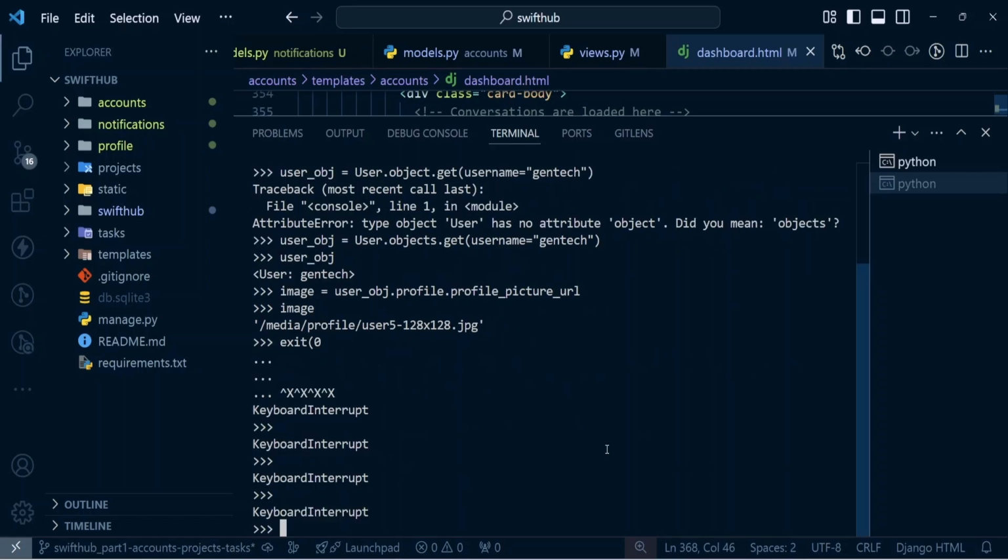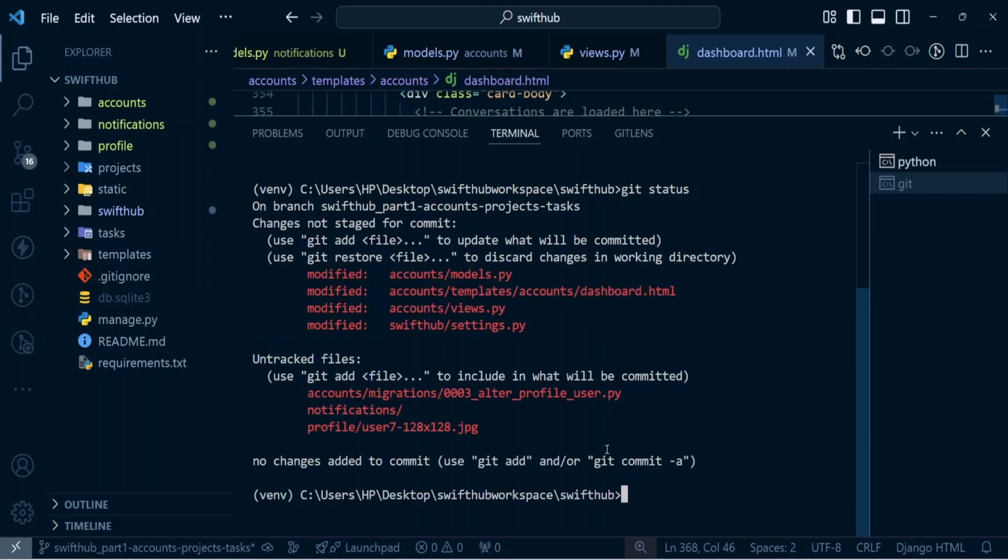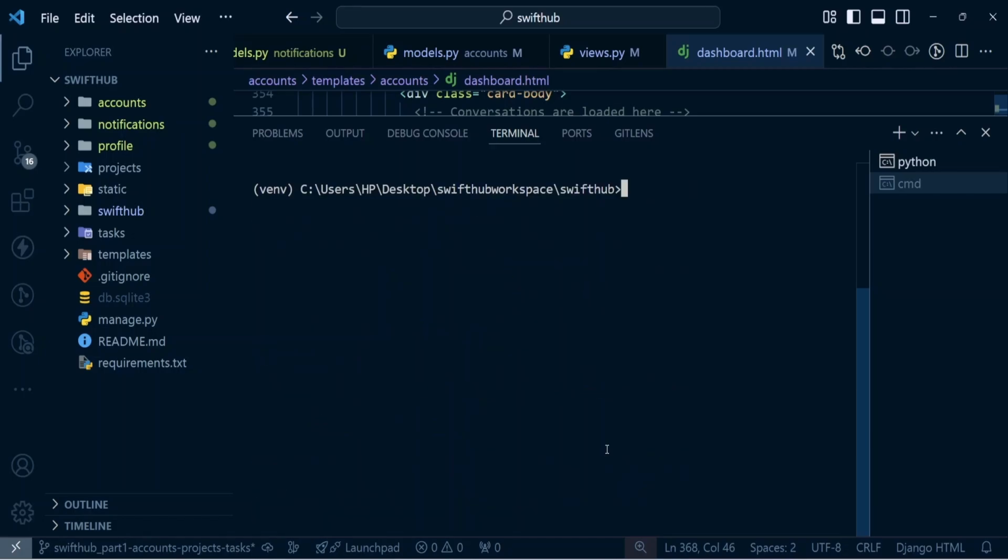So I'm gonna come here and exit like this, and then I'm just gonna commit these changes. So I will do git status to see, and we have these files. Okay, so now we can do git add and then git commit, and then the message is gonna be